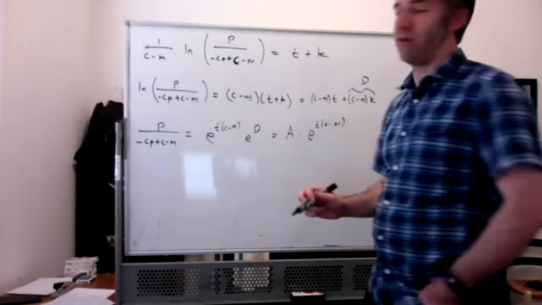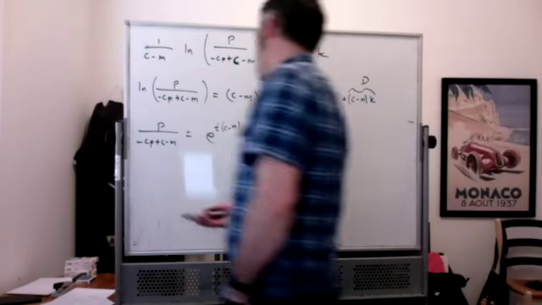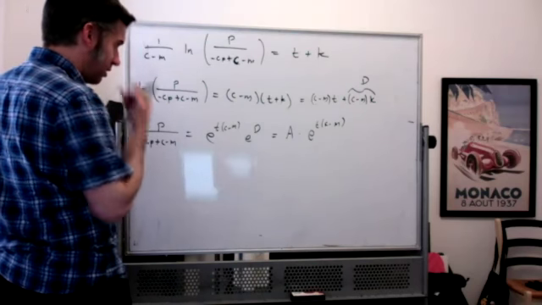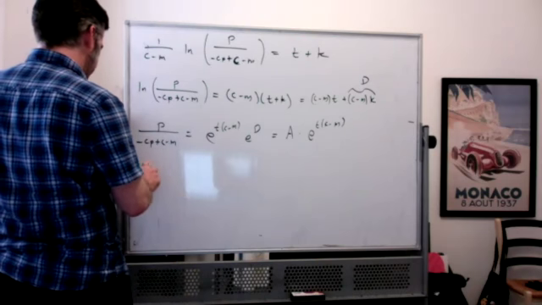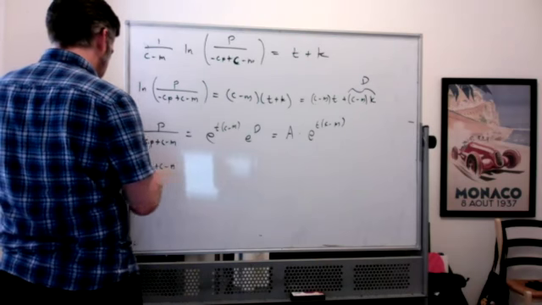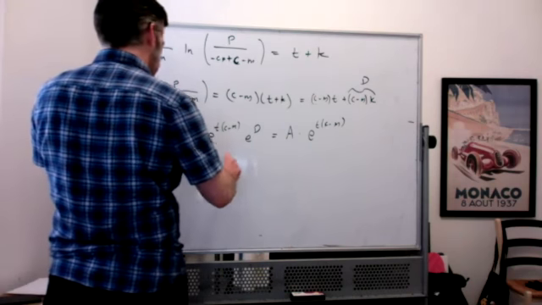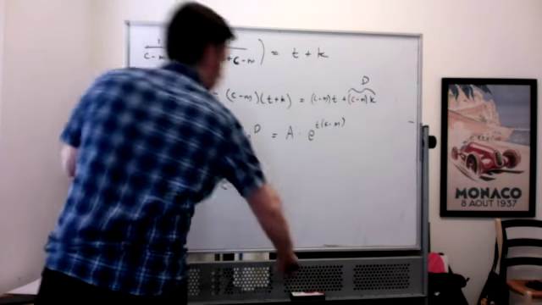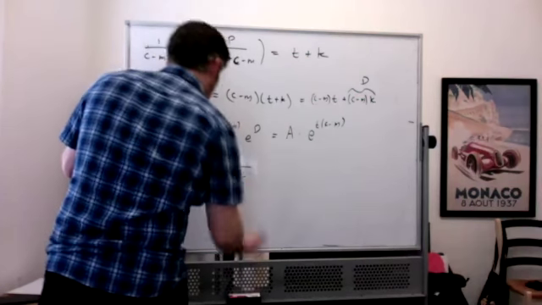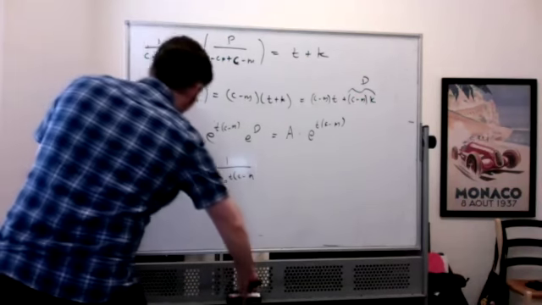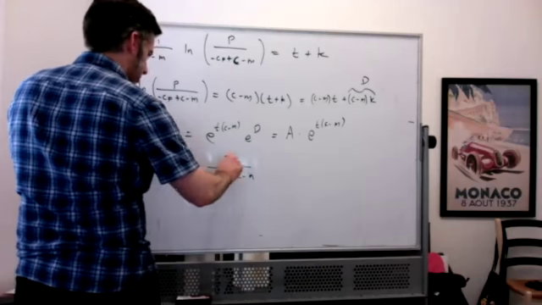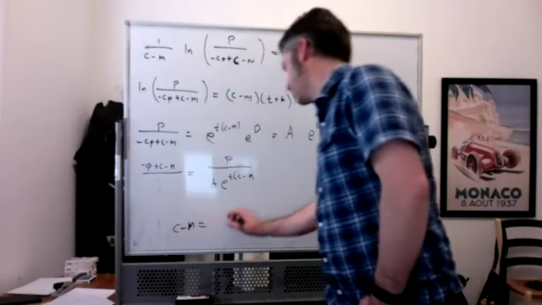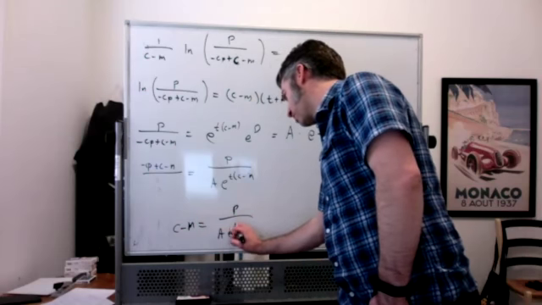This problem is definitely a bit much for an actual final exam. But then we would, sure, you can take the reciprocal of both sides, so negative CP plus C minus M over P equals the reciprocal of that. And you can multiply by P up here. And then you can bring your P's to the same side. So C minus M equals P over A e to the garbage